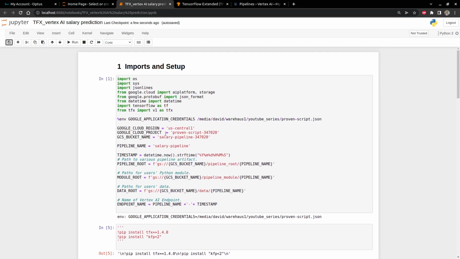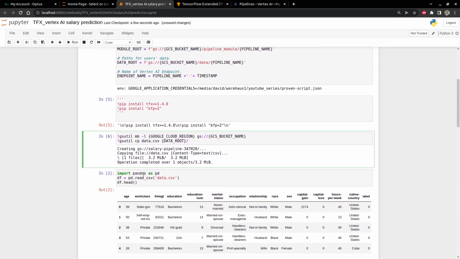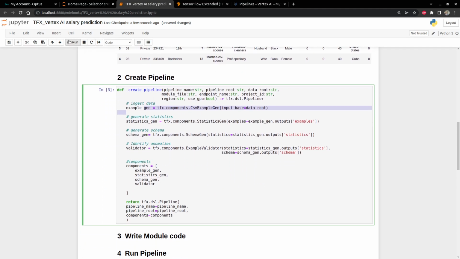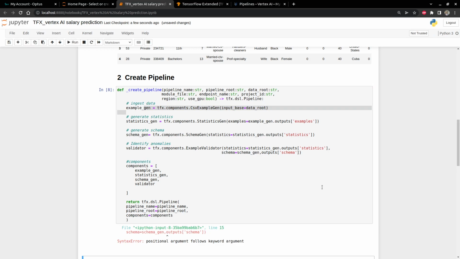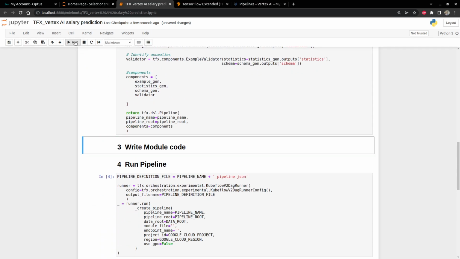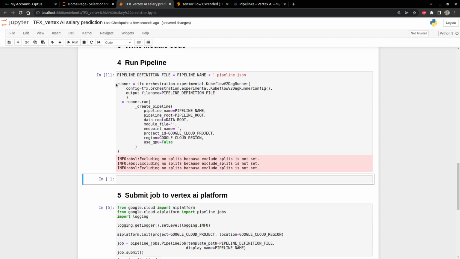And then yeah, you can go ahead and run this. So I'm going to run that again. I'm not going to create my buckets because I've already created them. And then I'm going to run this line again. So there is an error. So it's SchemaGen.outputs schema. Right. Let me make sure that StatisticsGen.outputs, ExampleGen.outputs examples, SchemaGen outputs schema. All right. So run that and then run this,